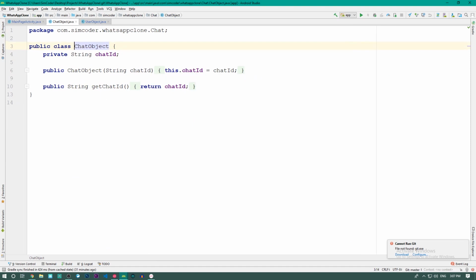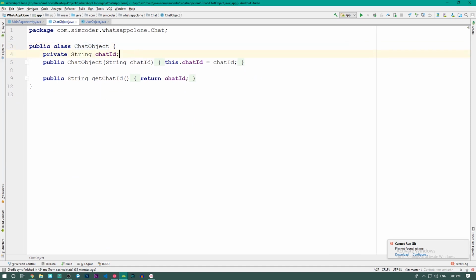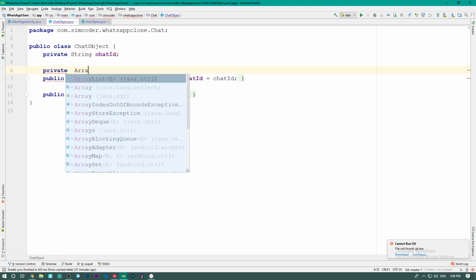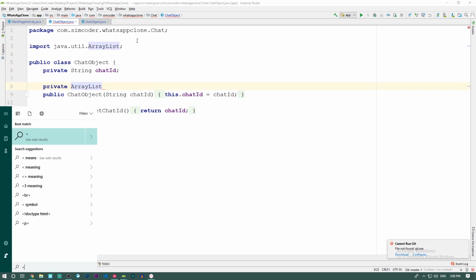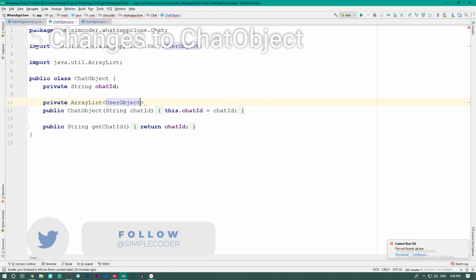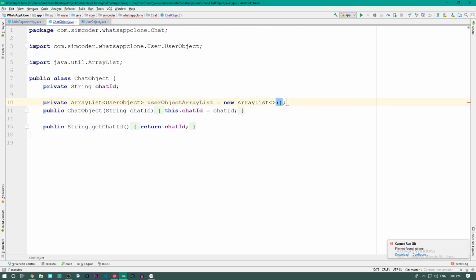Okay, so here we are in the chat object. Now what we are going to do is, as I've said, create a private ArrayList of user object, userObjectArrayList equals new ArrayList. Okay,